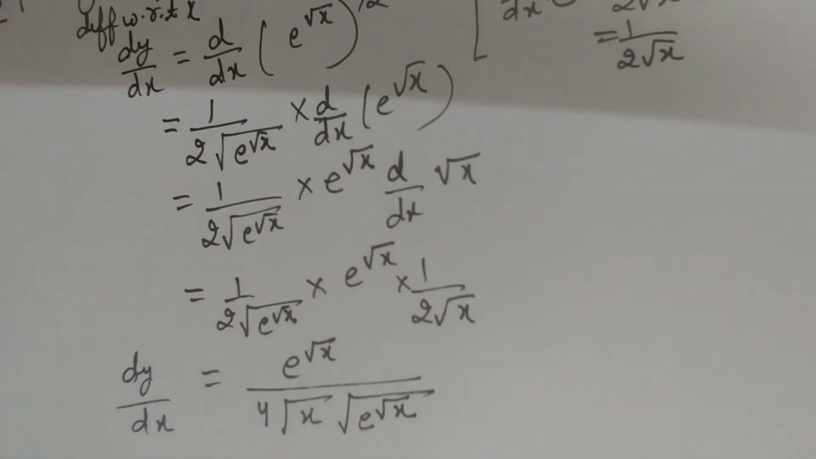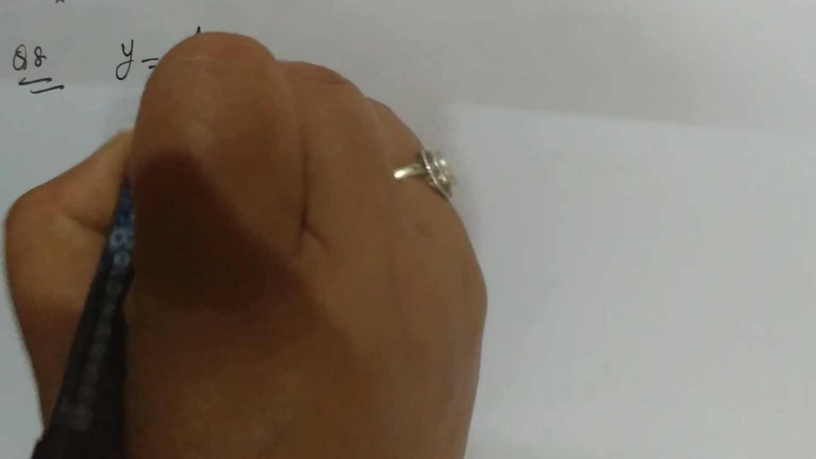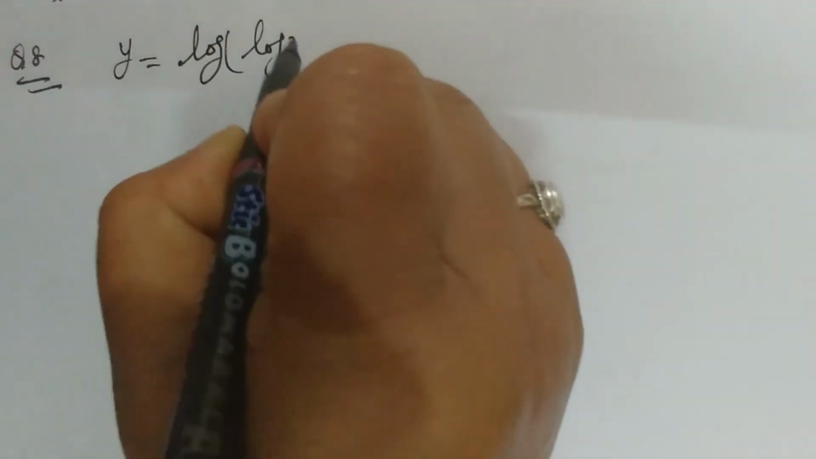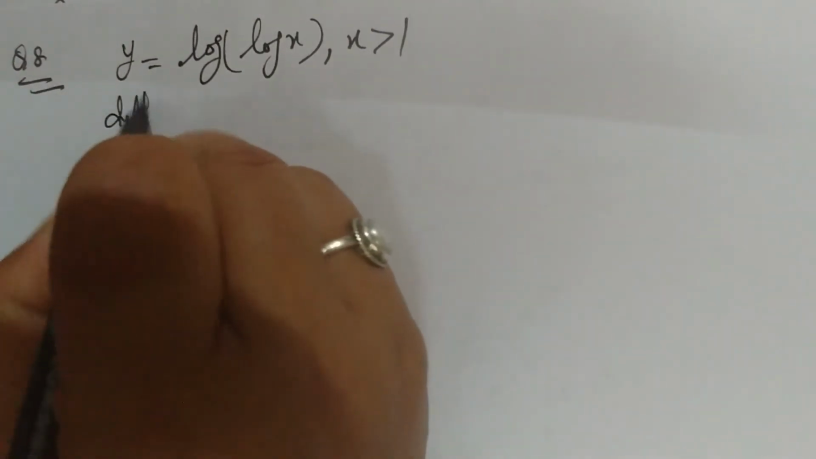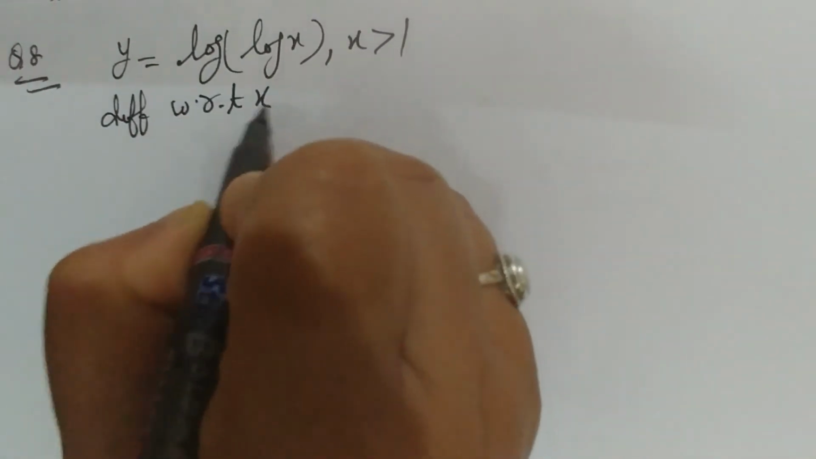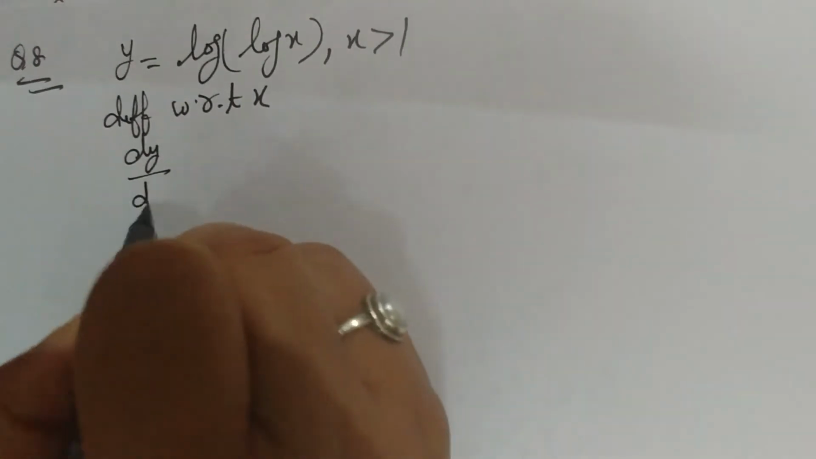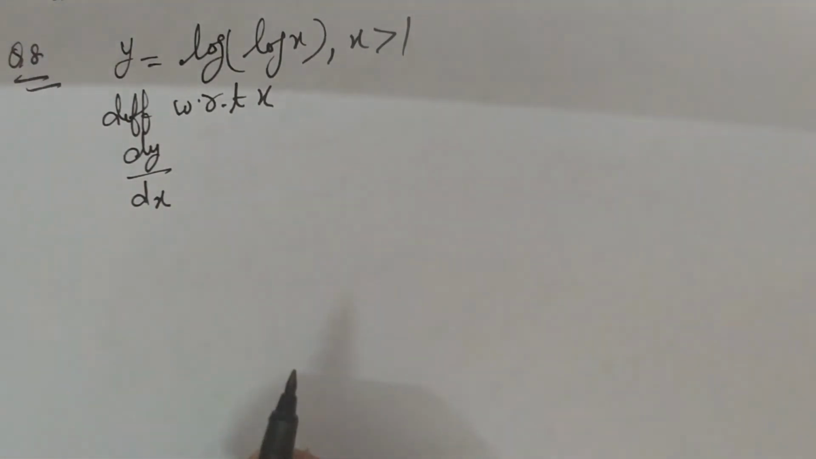Now question number 8. Question number 8 says: find the derivative of y is equal to log of log x, where x is greater than 1. So let us differentiate with respect to x. It will be dy by dx, this is equal to,